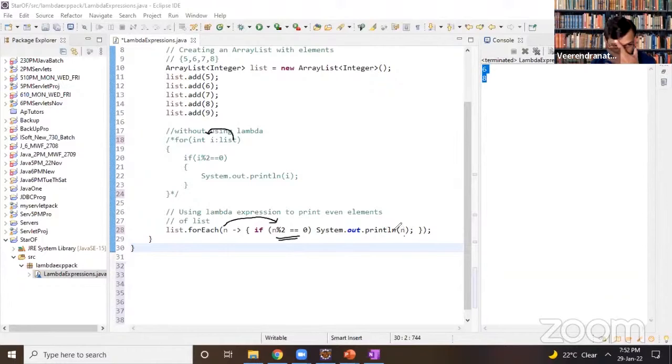So 6 and 8 are getting printed because we have a logic for checking for the even numbers.